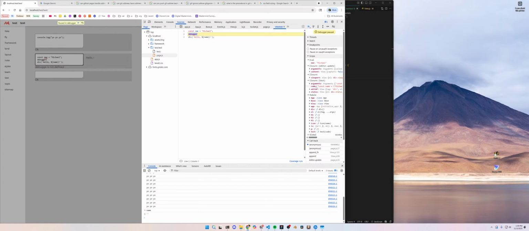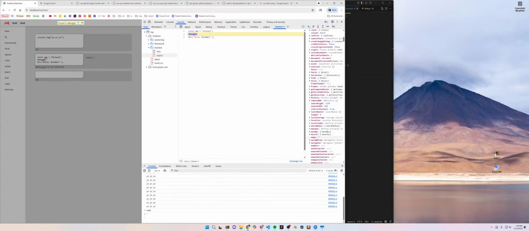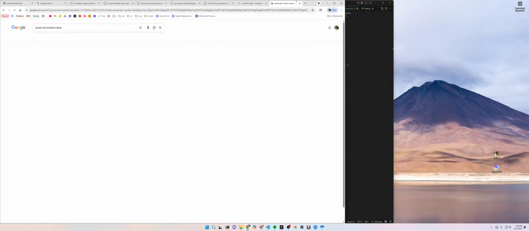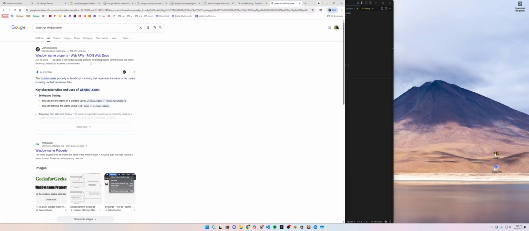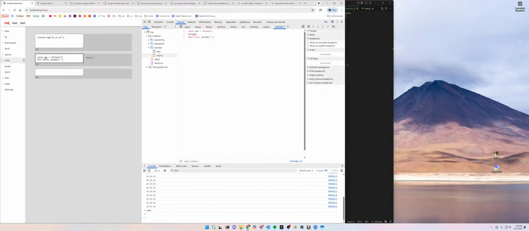Eval. No. Global. There's a global name? Name. A window.name. Really? JavaScript window.name. What the fuck? Crazy. Well, so very edge case thing. Debugger works. That's kind of cool. And